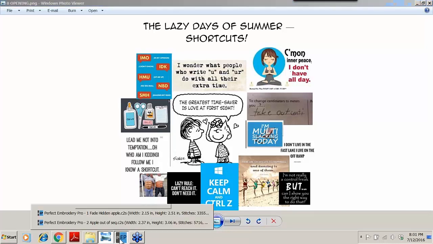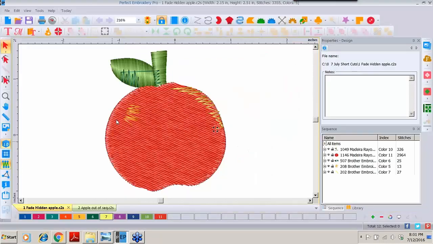Good evening, everyone. We'll go ahead and start in Perfect Embroidery Pro. In our last webinar, we were working with the apple and adding shading when there was a question asking, is there a way to fade out the apple so we could see it and yet add our manual stitches easily? That night, Cindy brought up the ability to create an outline, which was a great answer, but I ended the webinar still curious if there was an additional way to do that. And in the comments from the webinar, Vicki used the term ghosting in her suggestion. Now, we don't actually have a feature with that name, but it led me to find this,